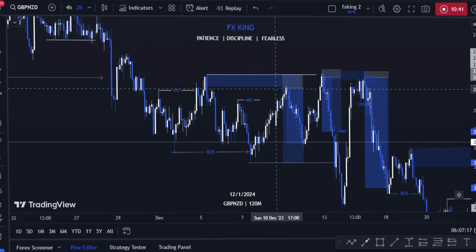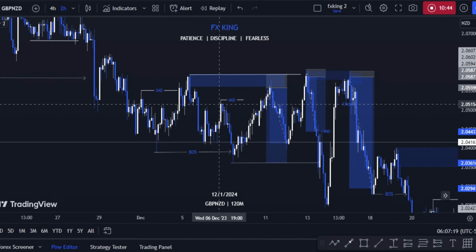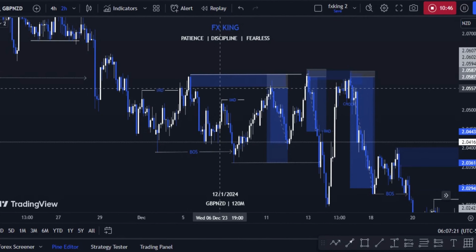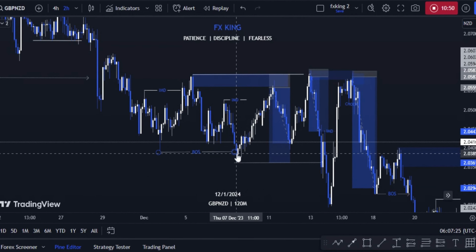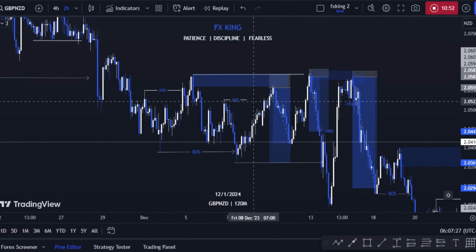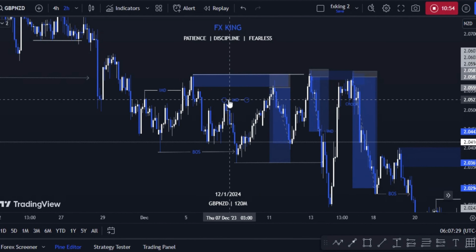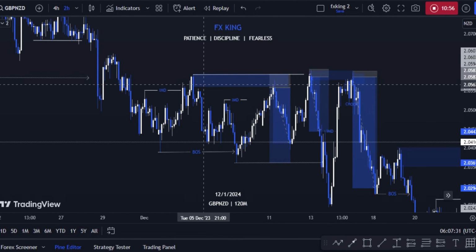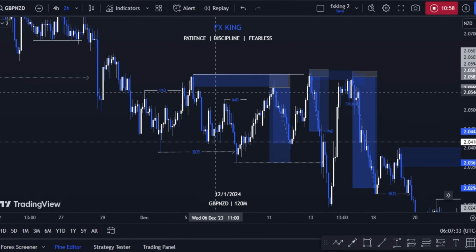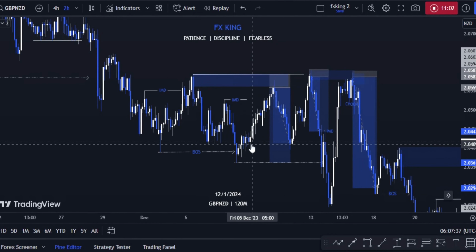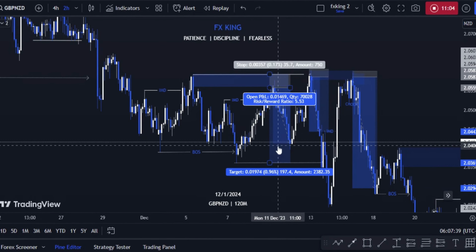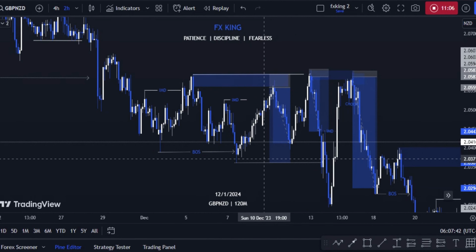Now, what were we waiting for? We're waiting for price to pull back, take out the first inducement before we can start looking for a sell. And what happened here is when price pulled back, it took out this first level of inducement, right? We looked for a point of interest in a smaller time frame here, and we saw when price rallied down and failed to break this low,